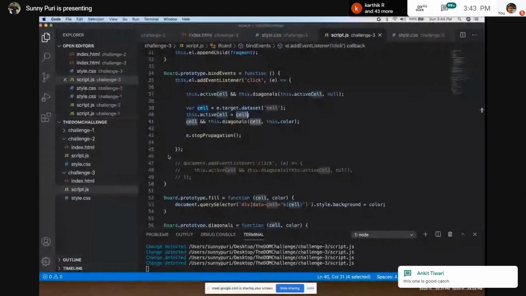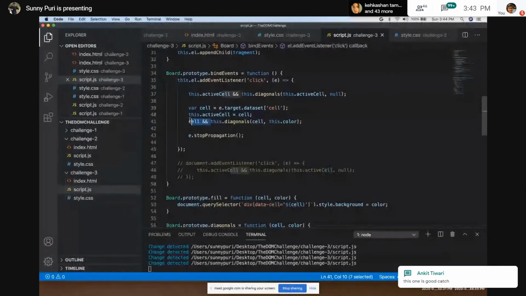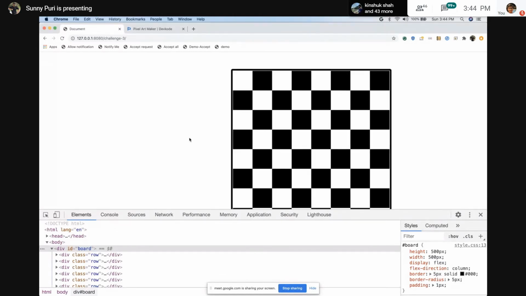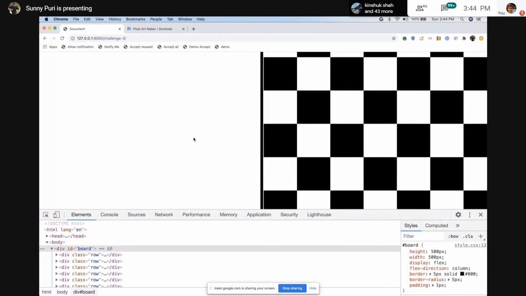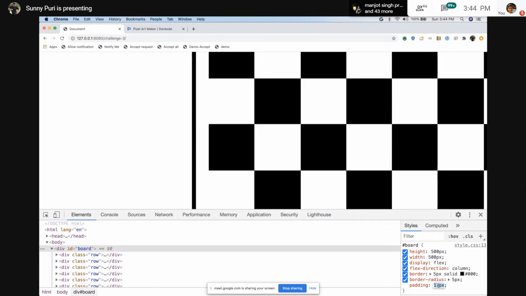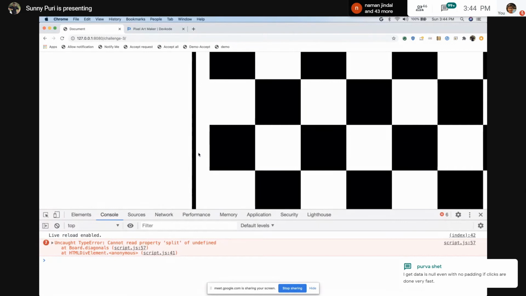But if we remove this condition, it will try to create. What happened? Oh, sorry. Let's increase the padding, and are you seeing the errors?